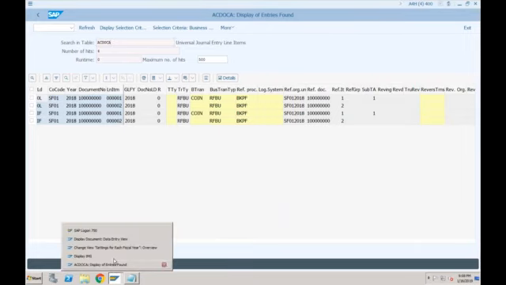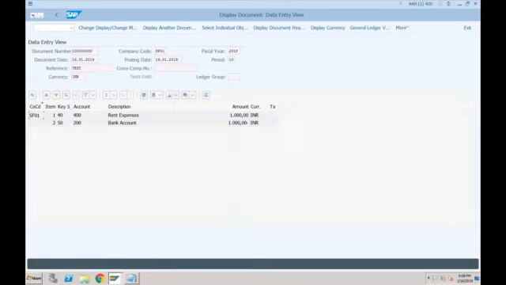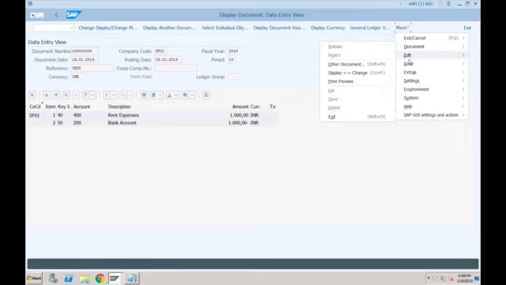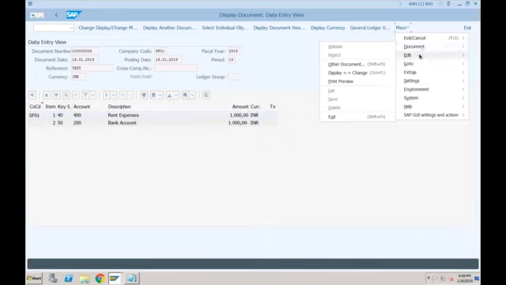Let me show you one more thing. If I go to the document we created and open the document overview, it will tell you how many documents were created when you created this document.